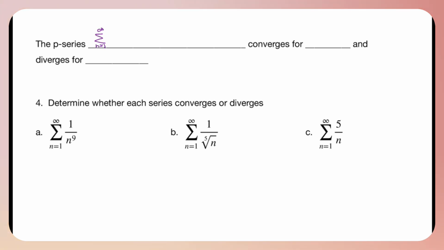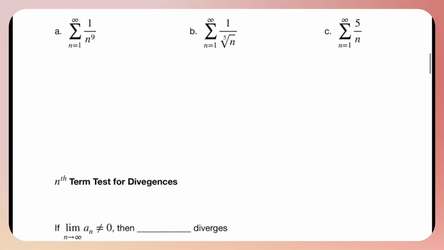That simply states a p-series, again, that's the summation of 1 over n to the p, converges if your p-value is greater than 1. So converges if p is greater than 1. It diverges if your p-value is from 0 to 1, including the 1, because remember, the harmonic series diverges, so we include the 1